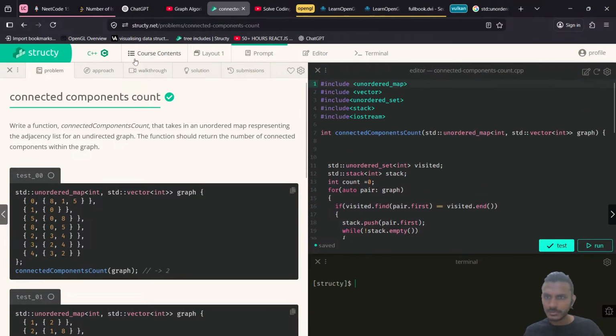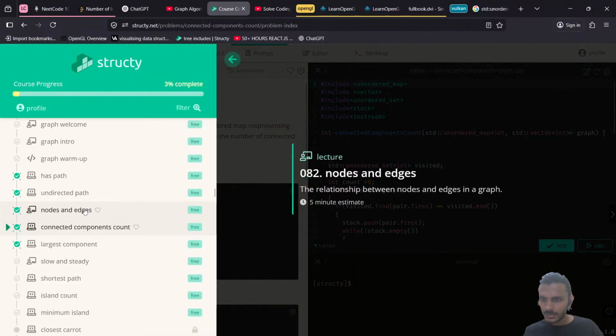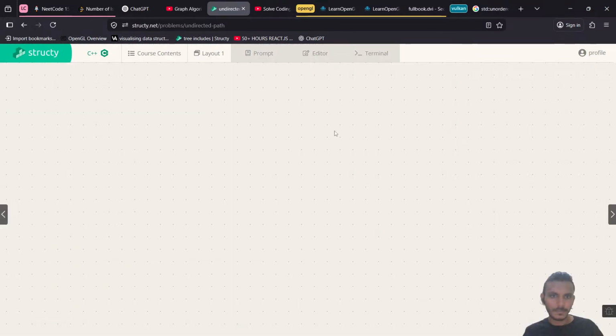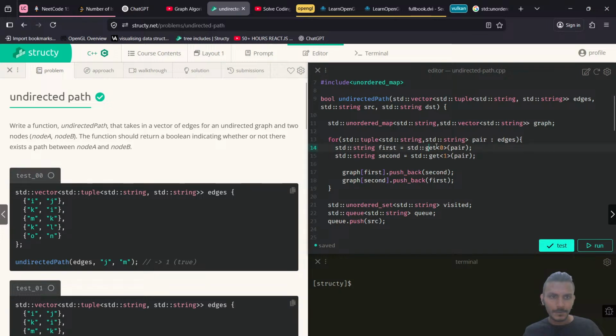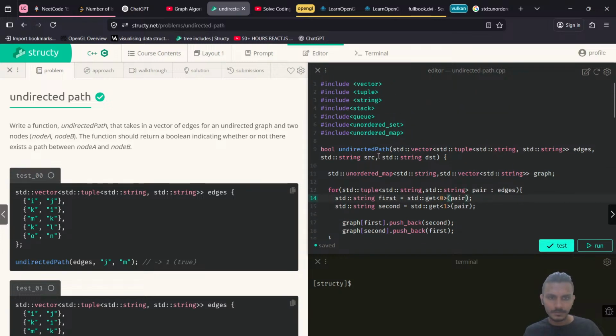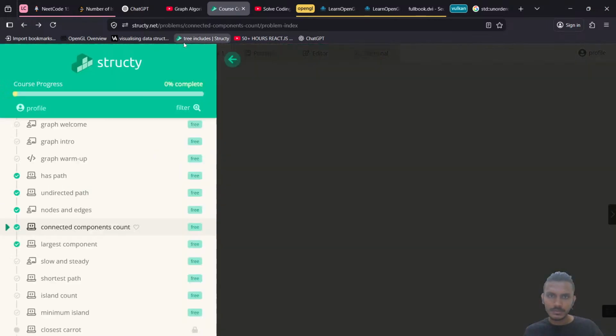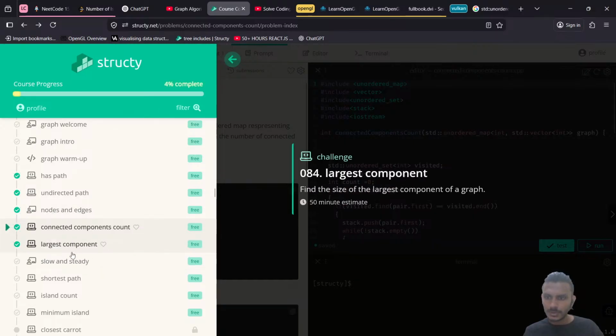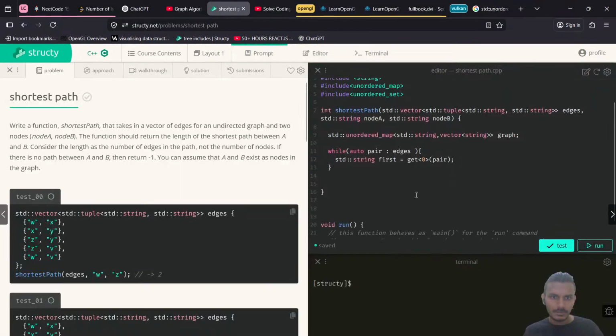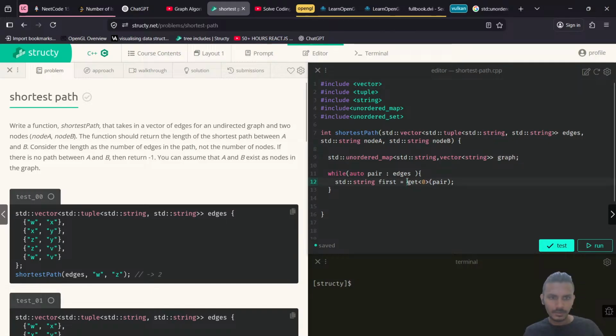On the graph, it's easy, like you can go to undirected path. Okay? This problem again. Pair. Okay, and